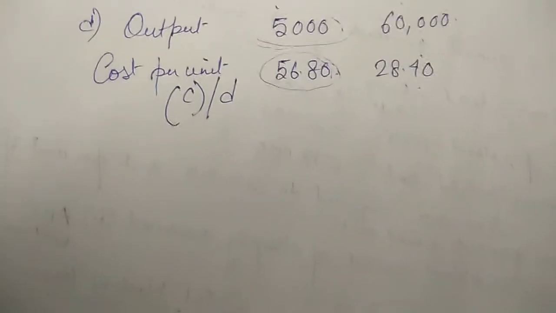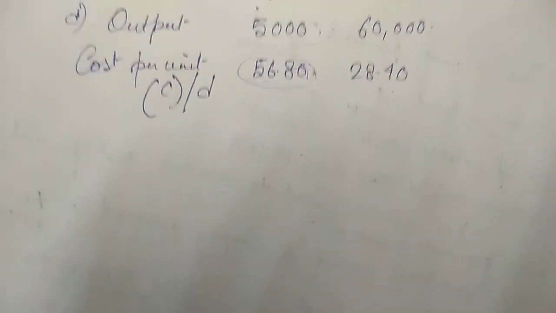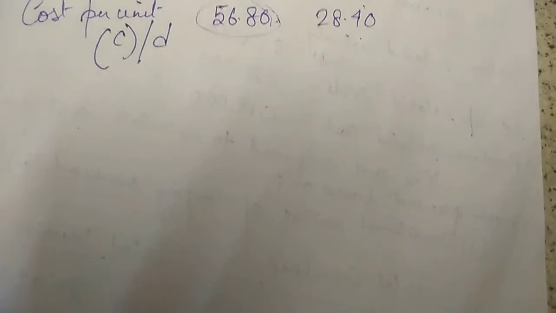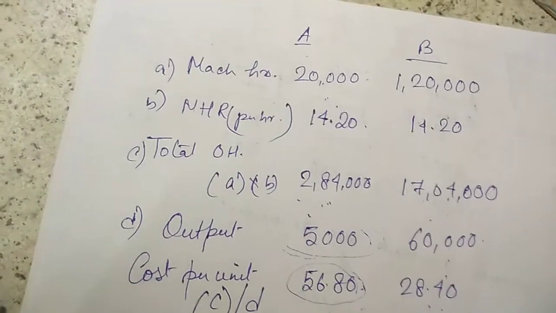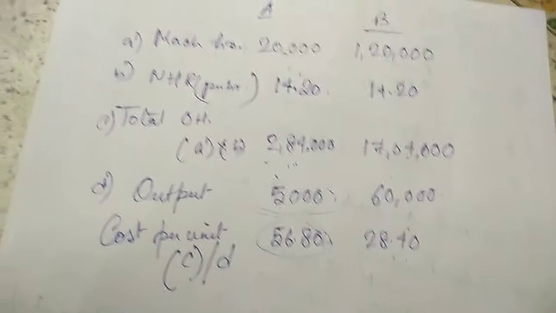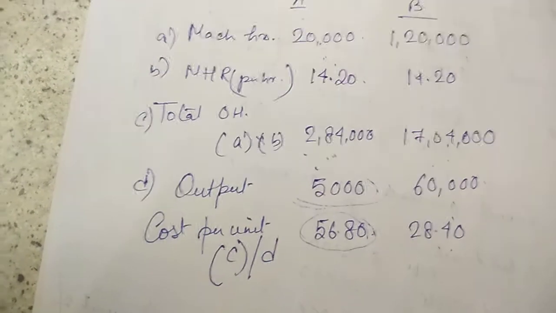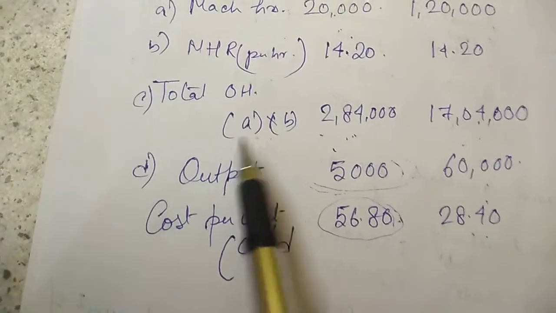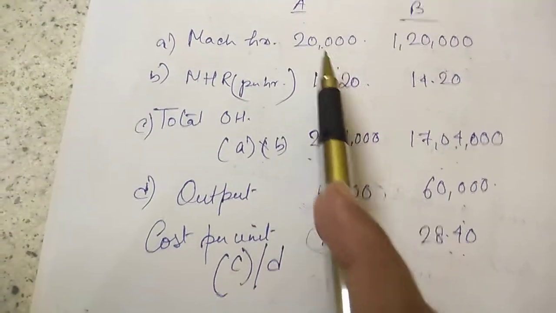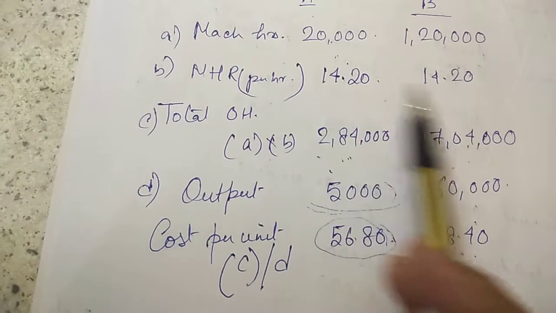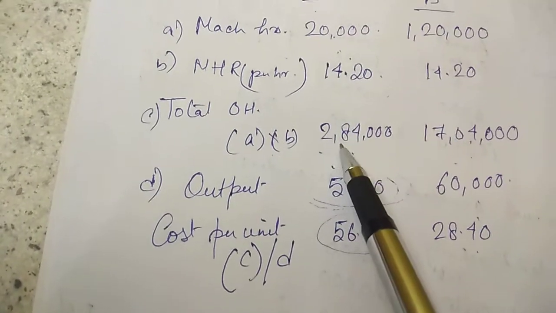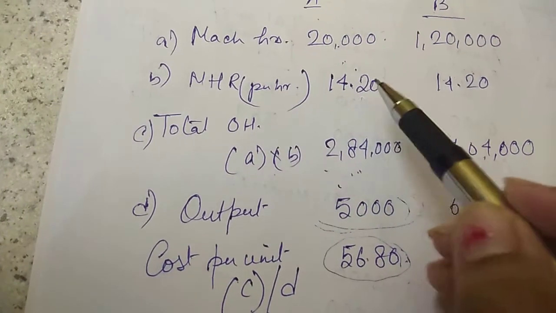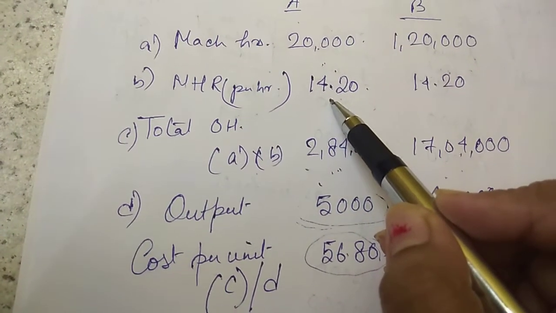In the last two videos, we had been discussing the concept of ABC costing, and we were continuing with this sum where we saw how to allocate the overhead under the traditional method. Here is the allocation of overhead under the traditional method, where we find the machine hour rate and allocate the overheads. Machine hours were given, we found the machine hour rates and the total overheads. If the machine works per hour, we will incur a cost of 14.20 paisa.